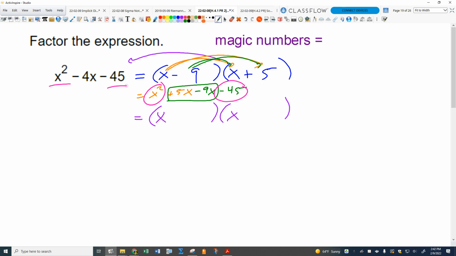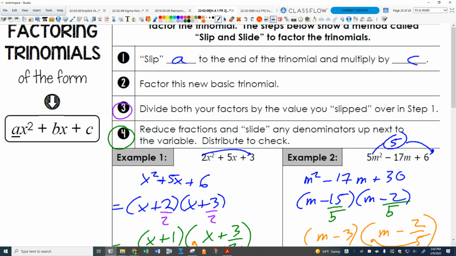Those had to be x's, but now I had to find the right combination of numbers so that I was going to end up with my negative 45 and my negative 4x. Right? The numbers that multiplied, I knew they had to multiply to negative 45 because when I distribute, I've got to get a negative 45. But the cross terms have to also add to negative 4, and hence we have to find those magic numbers. Agreed? Same thing was true for problems like